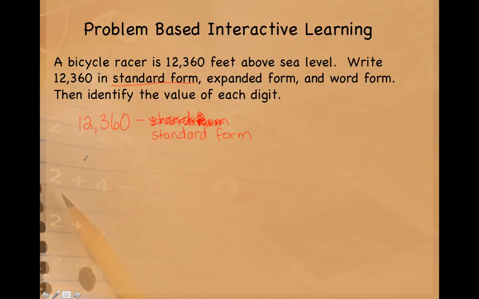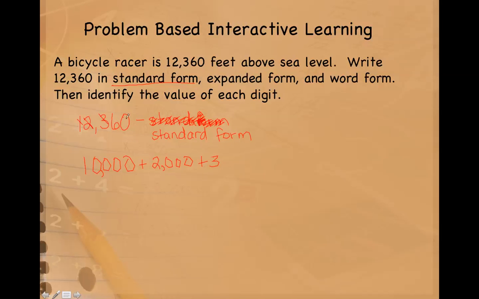We're going to start with the 1 in the 10,000s place. So you write down the 1, I like to cross it off, and then everything behind it is a 0. So 1, 2, 3, 4 zeros, and a comma. Plus, now I'm going to cross off the 2, and then 1, 2, 3 zeros, comma, plus, next I'm going to cross off the 3,